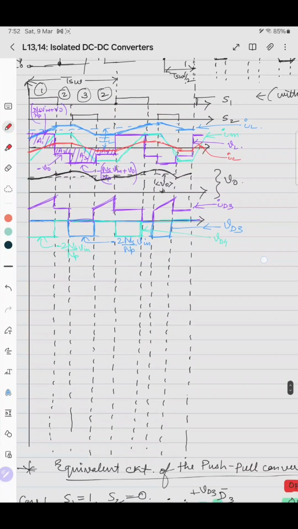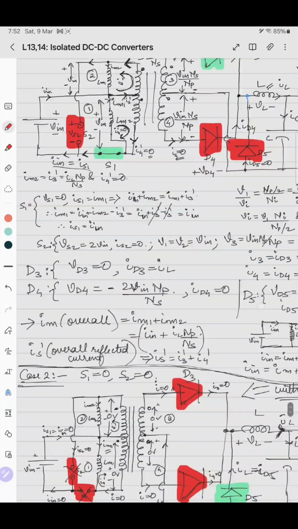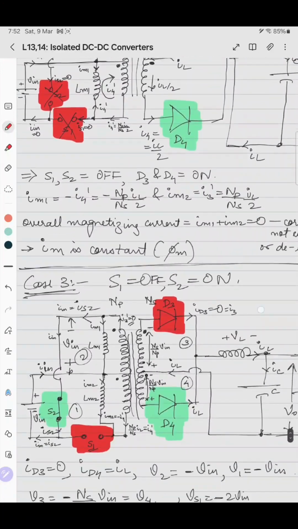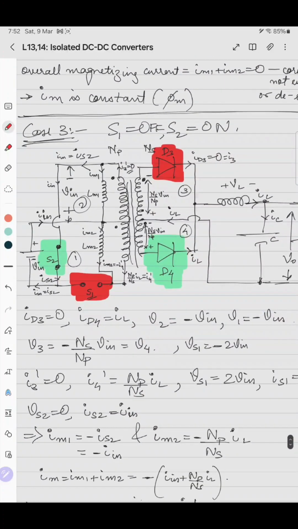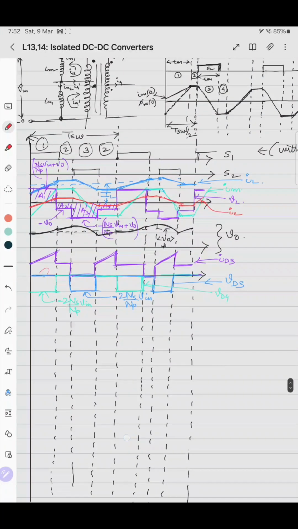Now ID4. ID4 is 0, IL by 2, 0, IL by 2, and IL, 0, IL by 2, IL, 0, IL by 2, and